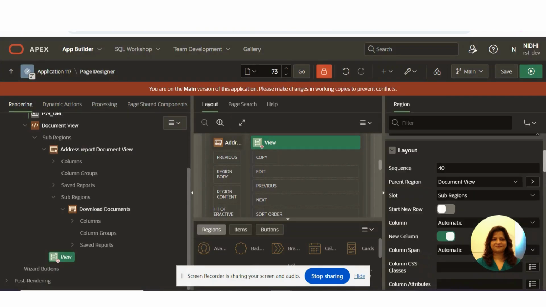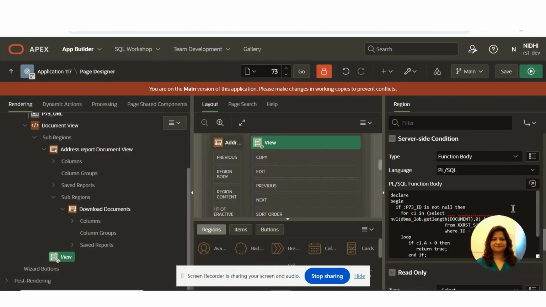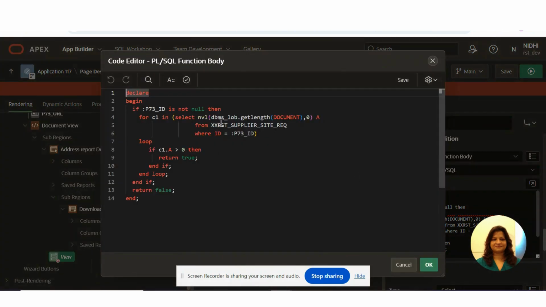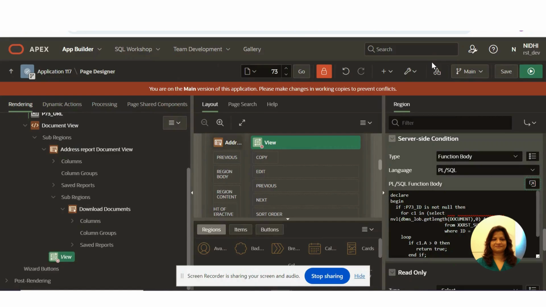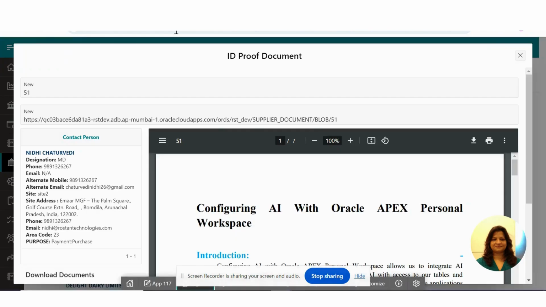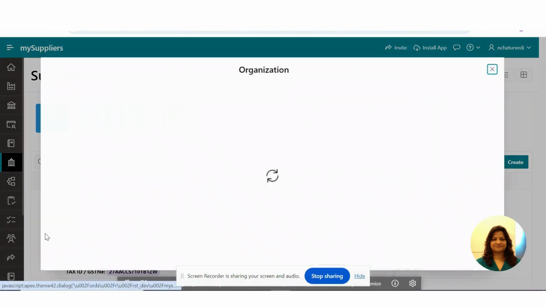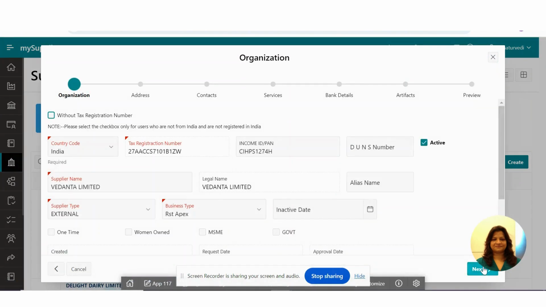Also I put some server-side function to fire when the item has a value. So save it, and again we can run the application.